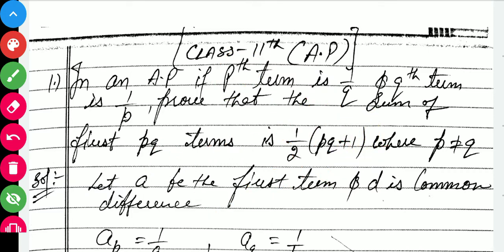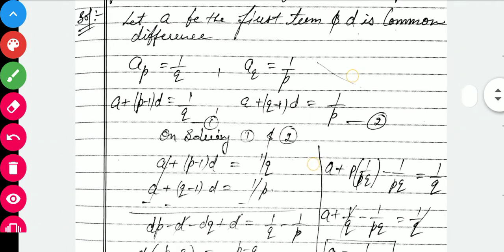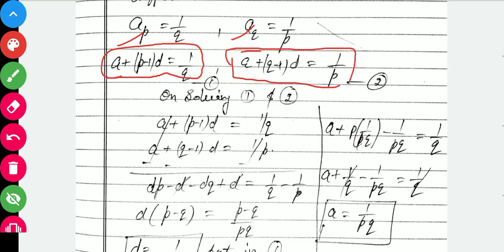So here come the two equations for you, that is ap is equal to 1 upon q, aq is equal to 1 upon p. For ap, we have to apply the formula: a plus p minus 1 into d, which is equal to 1 upon q, and a plus q minus 1 into d, which is equal to 1 upon p. These are the two equations. On solving these two equations by the elimination method,